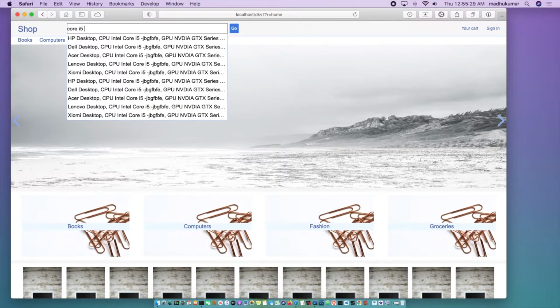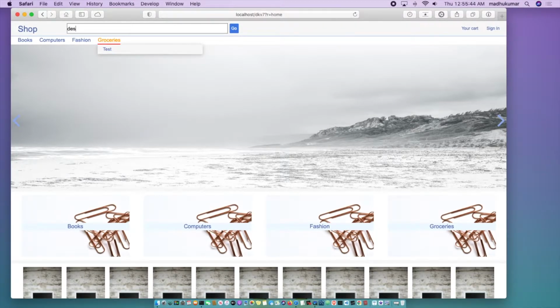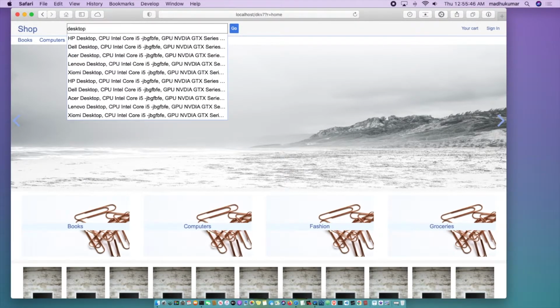So it brought in i3s and i5s and i9s, and if I type i5, it'll bring only the i5s and i9s, only the i9s now. And I can change any word in the sequence, not just the last word. It'll try and adjust itself. So let's search for desktop core i5